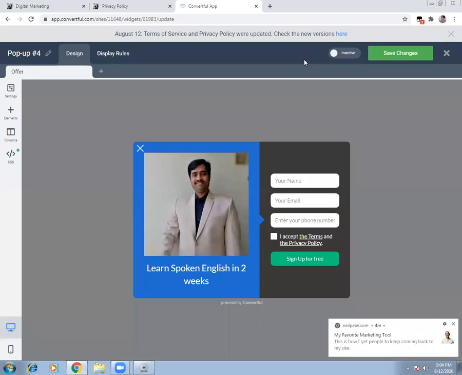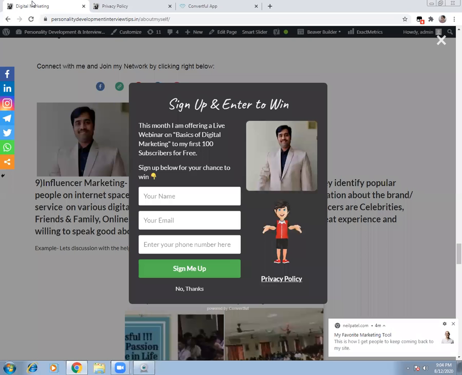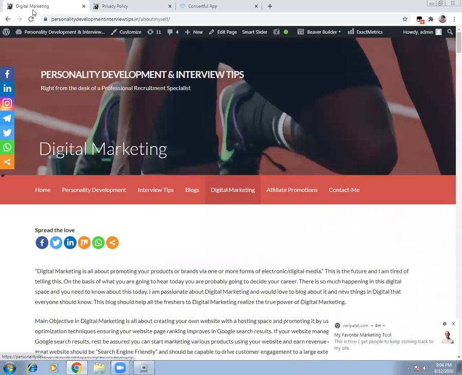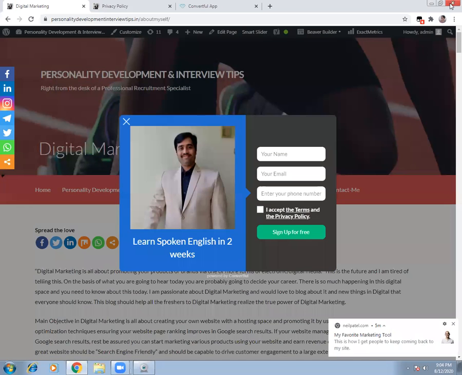And now see what happens. Save changes. And I'll say active. I'll activate it. Now this is activated. Now you go to my website, okay, you close it, and probably you have to refresh it. Here you go, this is a refresh button. You simply refresh it. And the moment somebody goes to close the button, you see this pop-up has come.